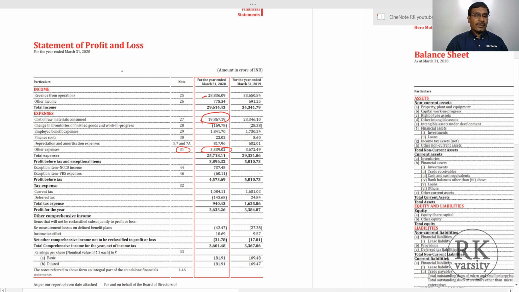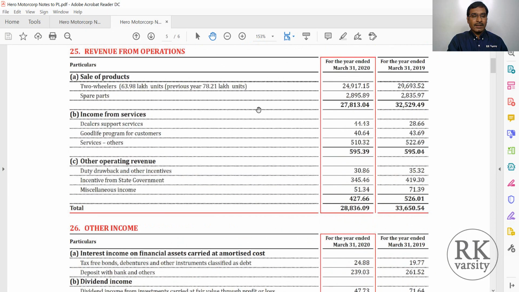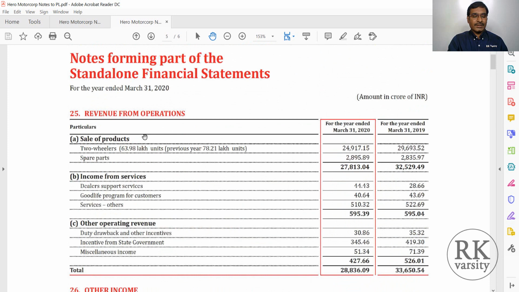Now when you are looking at an annual report of a company, we make an assumption that all the sales are made on credit. But here it shows the revenue from operations. Still you need to visit the note, that is note 25, to know exactly the revenue from sales. For this purpose, again we look at the notes. So note 25, which shows revenue from operations, sale of products, income from services and other operating revenue.